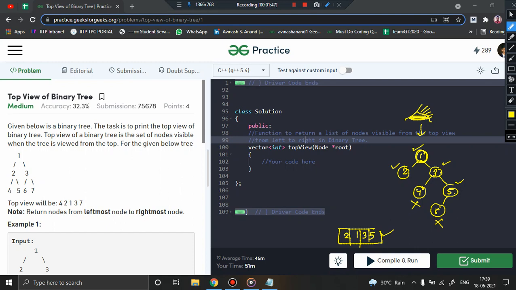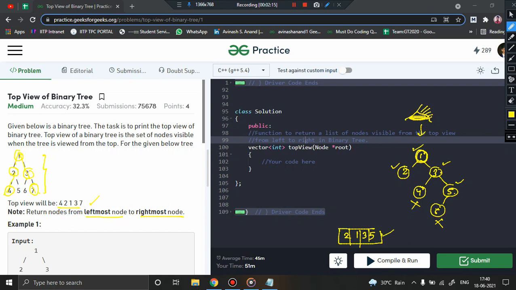Similarly in this case you can clearly see this is the tree that is given, and if you are asked to find out the top view, you will be able to view only node 4, node 2, node 1, node 3 and node 7. That is 4, 2, 1, 3, 7. You have to write it from leftmost node to the rightmost node. This is the order you have to follow for printing it. So starting from 4, 2, 1, 3, 7. Got the point? The outer boundary. This is what you are going to print, the nodes which are actually visible.